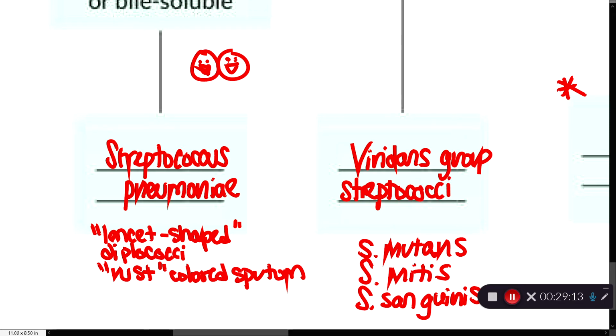Okay, so your Viridans group strep, and a lot of the characteristics you see with strep mutans, since that's the one that we talk about most often,